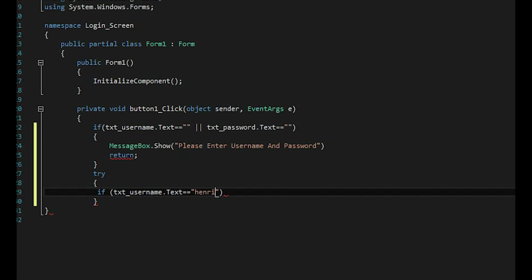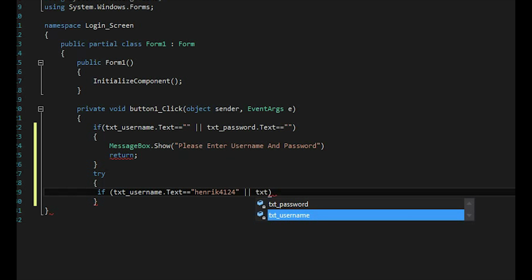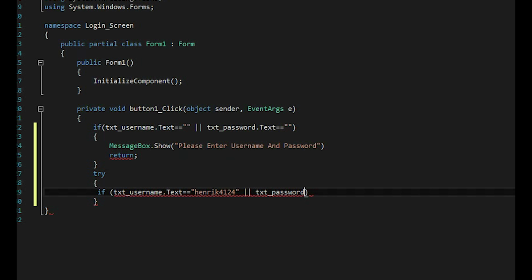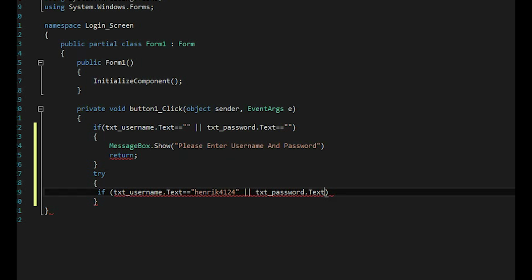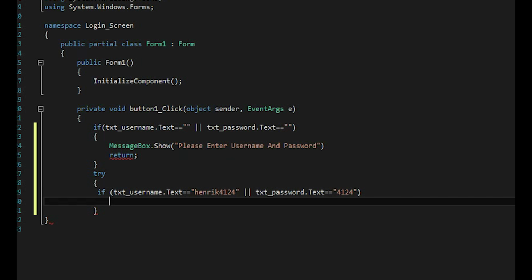So if it is, in my case, 4124 and the password text password with the password, let's just say 4124, that is correct. Then we would like, there under if,